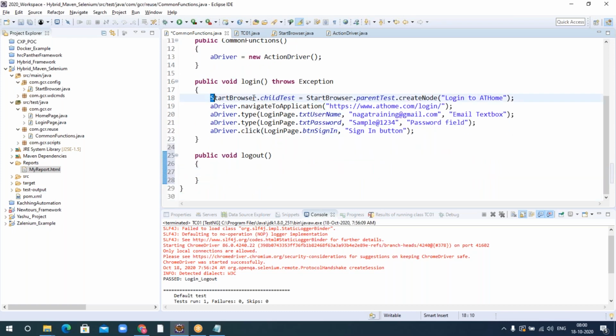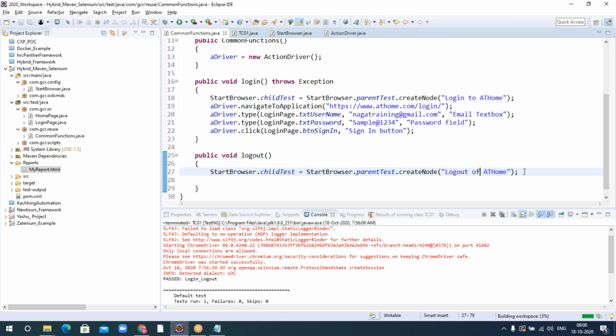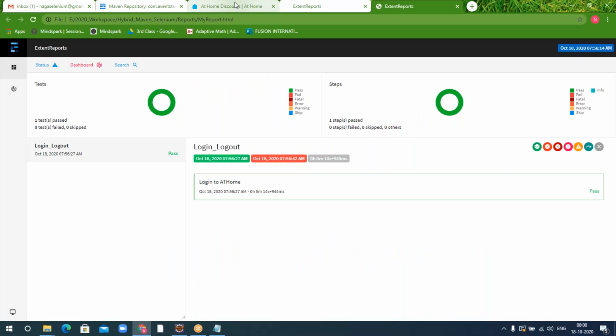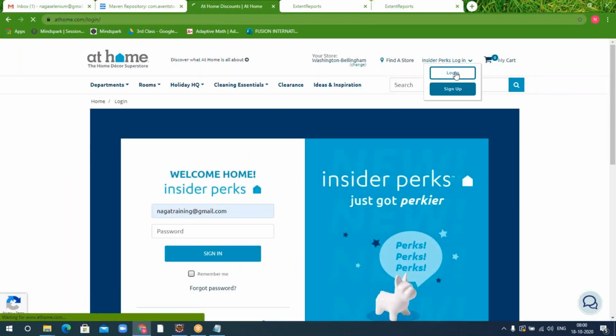Again, I need to add a parent step here. Instead of login, I'll say logout of add-out. And in order to do a logout, I need to do a mouse over first.